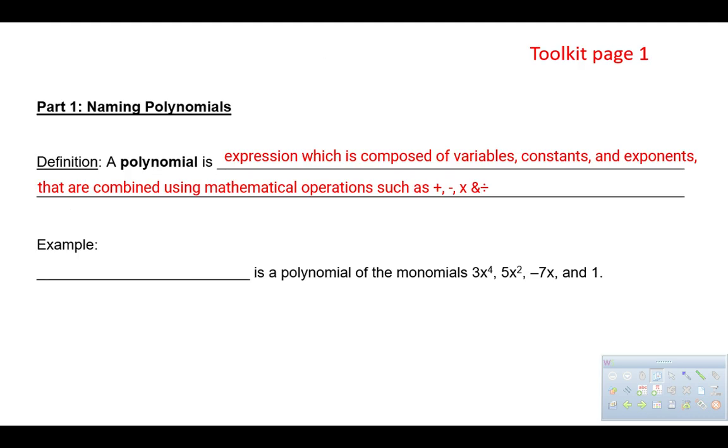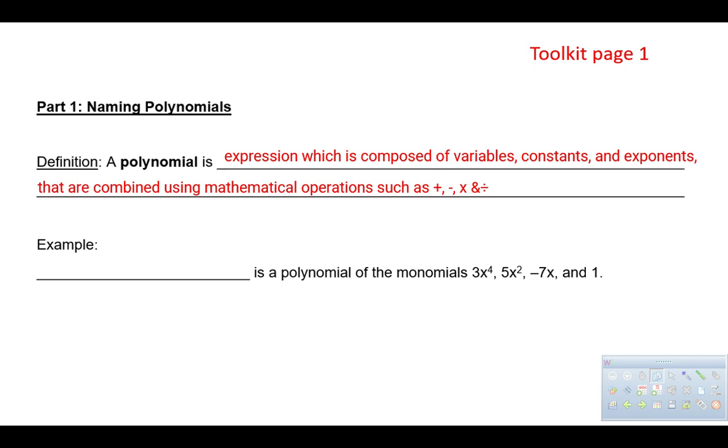All right, we're going to start in the toolkits today with section 1, which is naming polynomials. But before we can start to name polynomials, you need to know what that word actually means, right? Like, what is a polynomial? So the definition of a polynomial is here on the board, and so you're filling in the stuff that's in the blank. So a polynomial is an expression